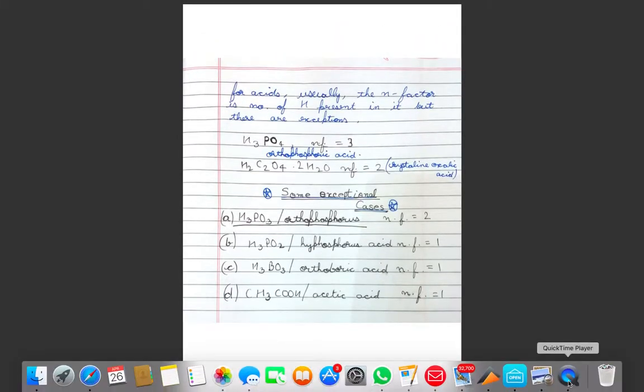Now there are 4 exceptional cases which do not fit into this. These are H3PO3, H3PO2, H3BO3 and acetic acid, that is orthophosphorous, hypophosphorous, orthoboric and acetic acid. Orthophosphorous acid has n factor 2, however there are 3 hydrogens. Similarly, hypophosphorous acid has n factor 1, orthoboric acid has n factor 1, and acetic acid also has n factor 1. So this is all about the